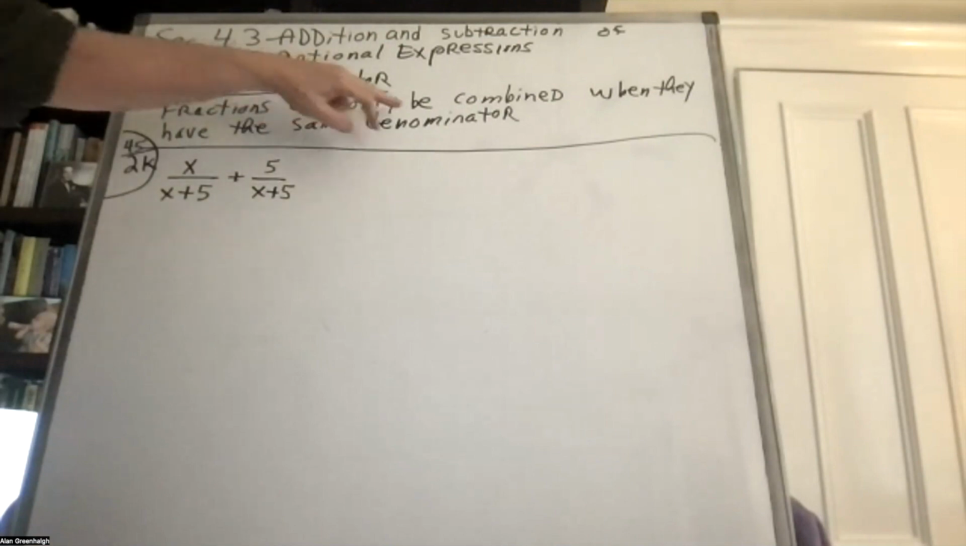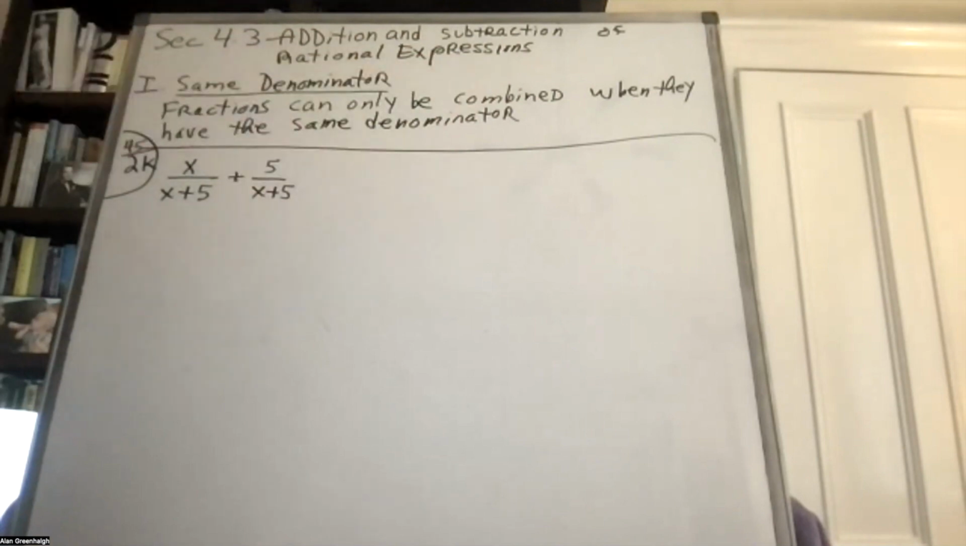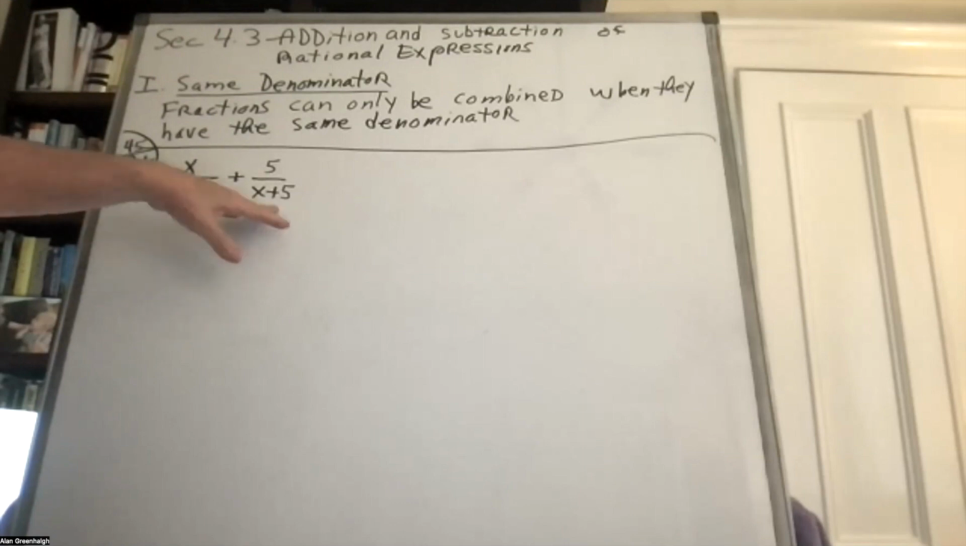Fractions can only be combined, added or subtracted, when they have the same denominator. That is just the most important thing. Whatever problem we're doing, we have to make sure we have the same denominator. Okay? For example, in this first problem,